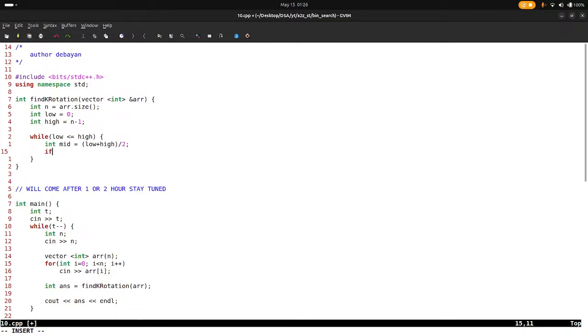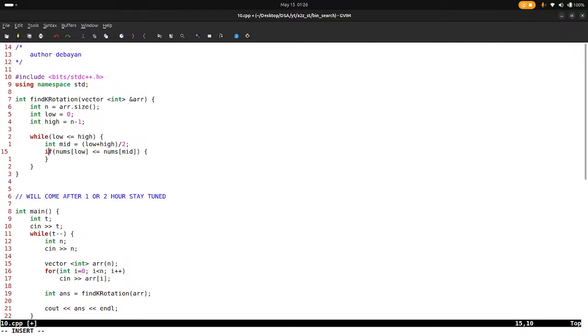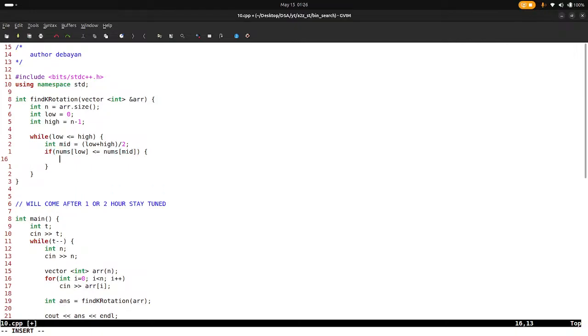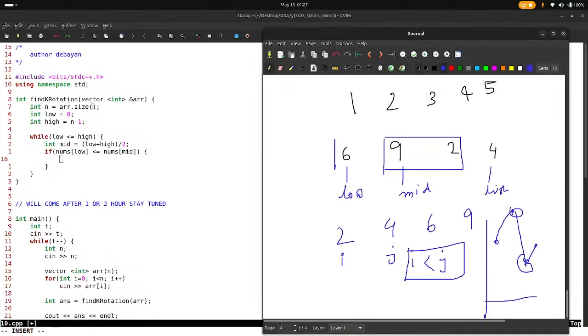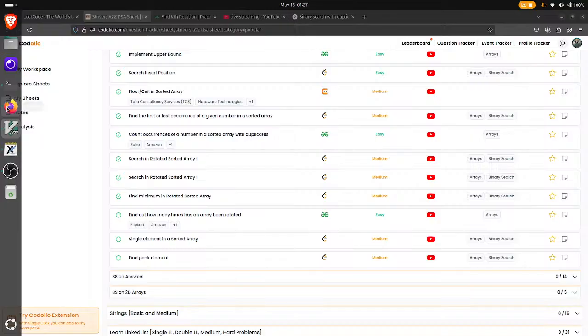And if I have found the, if nums of low is equal to nums of mid. Actually, to be honest, what I feel is this question cannot be solved using binary search. Is it? It is solved, but